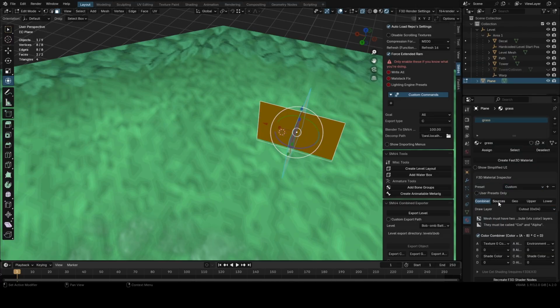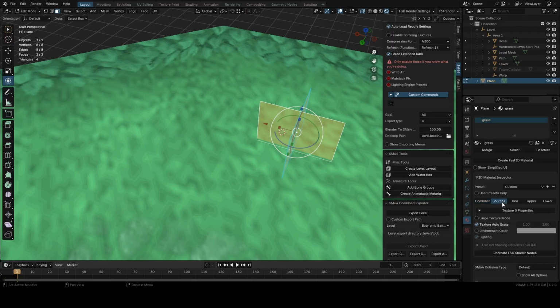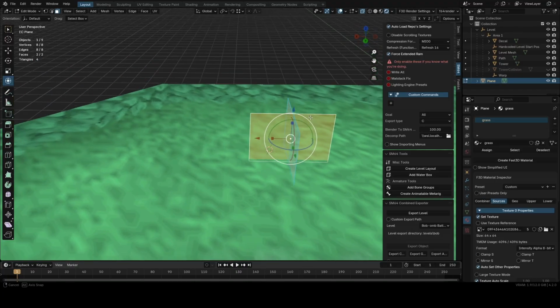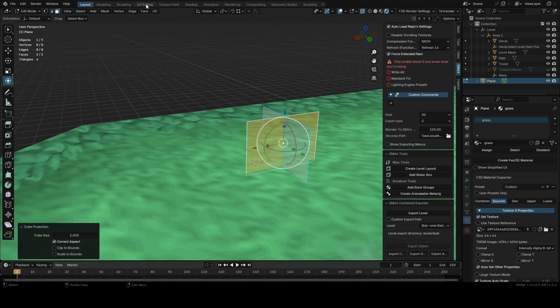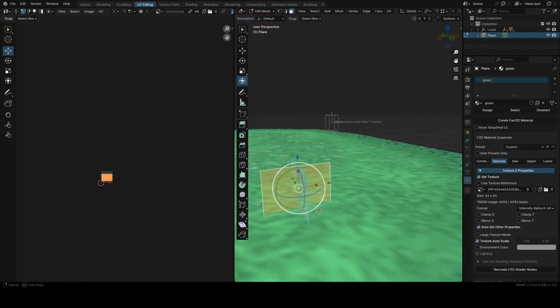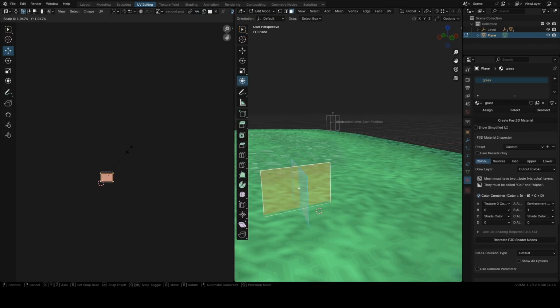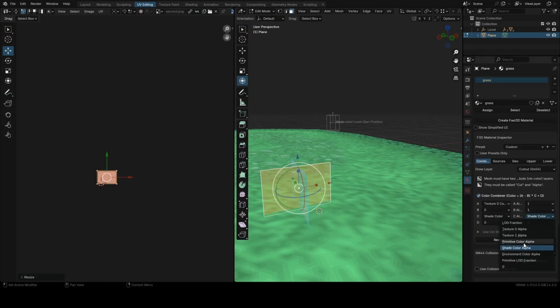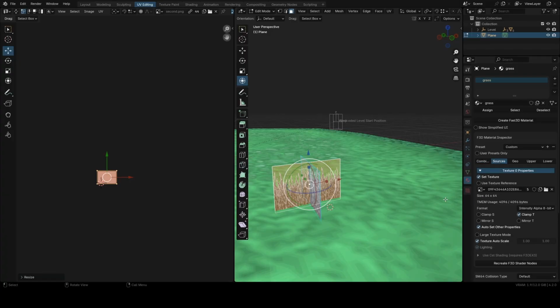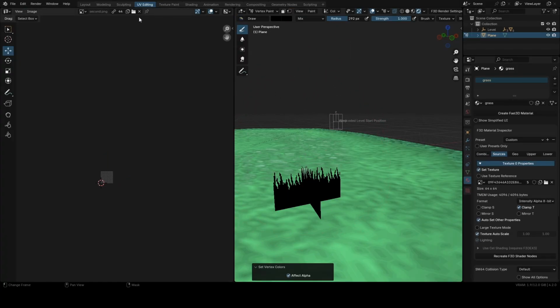Vertex color cutout, and matte clamping, and this is how